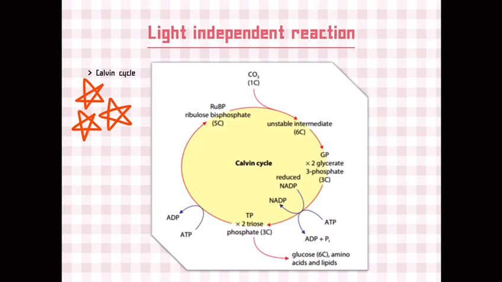The next reaction is called the light-independent reaction. You should memorize this cycle because it's very important in this chapter. This reaction takes place in the stroma and TP is mainly used to regenerate RuBP and the remainder is condensed to hexose phosphates for producing starch, cellulose, and glycerol and fatty acids. Also, the enzyme Rubisco catalyzes the reaction when carbon dioxide and RuBP combine.